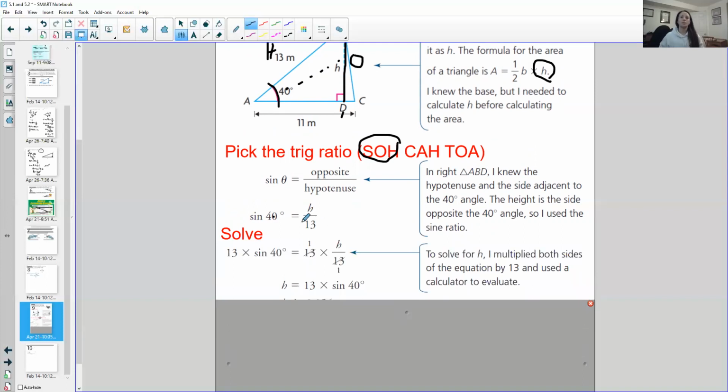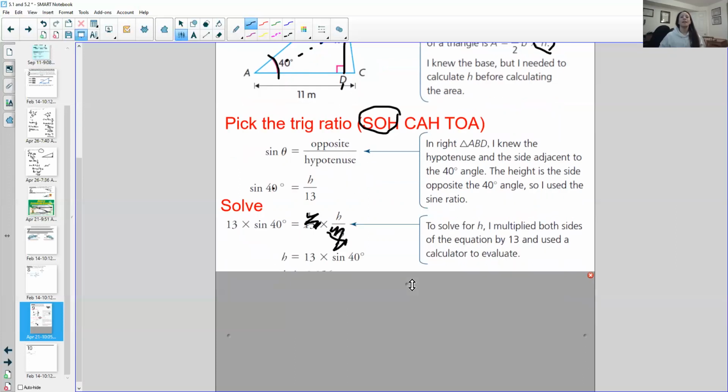So I'm going to have 13 times sine of 40. You multiply both sides by 13, these go away, and you're left with h equals 13 times sine 40. They just wrote it nice and neat for you on the next line. Now we're going to figure out what sine of 40 is, times it by 13, plug it into your calculator, and you should get